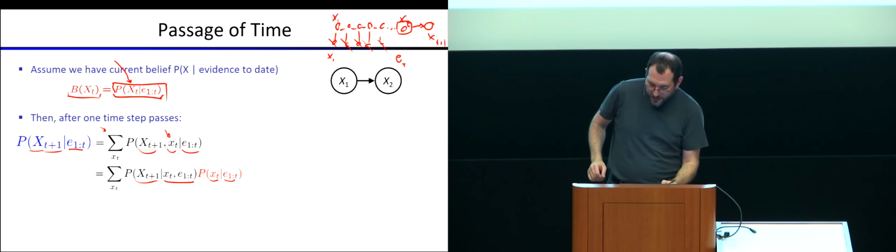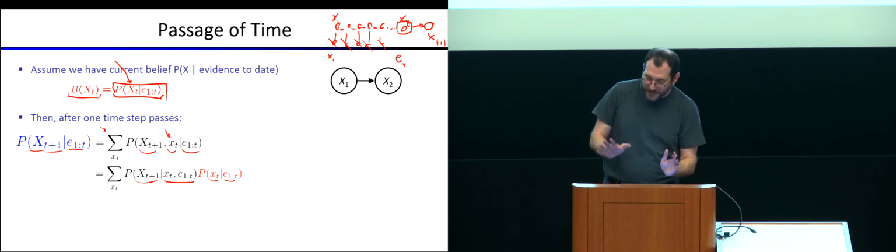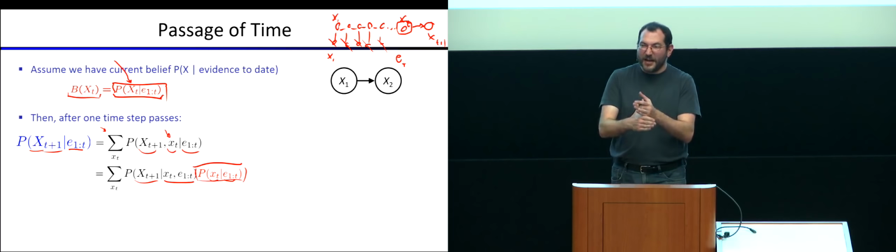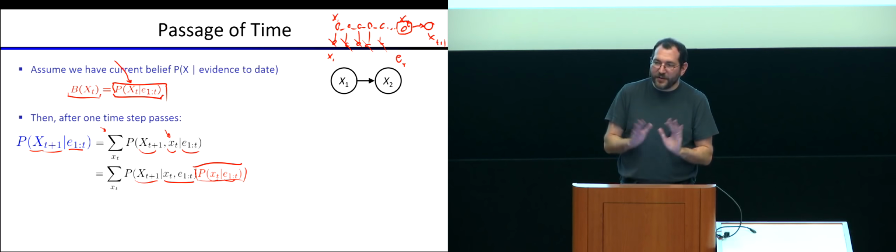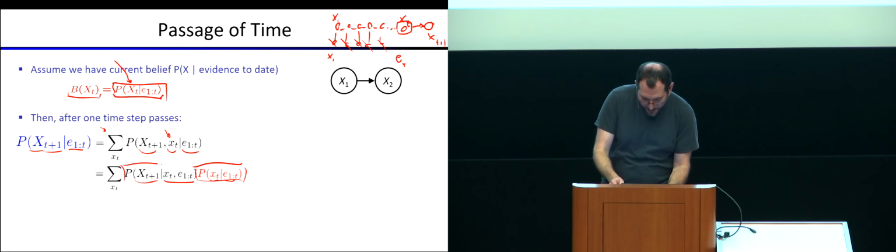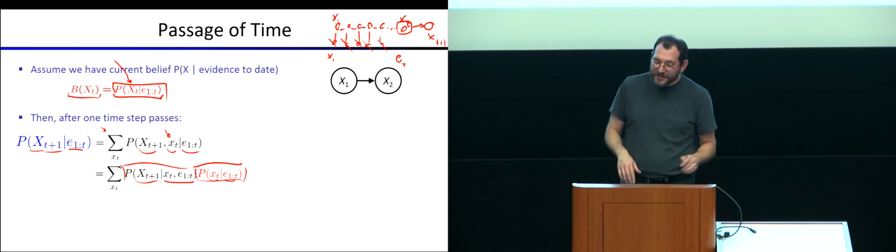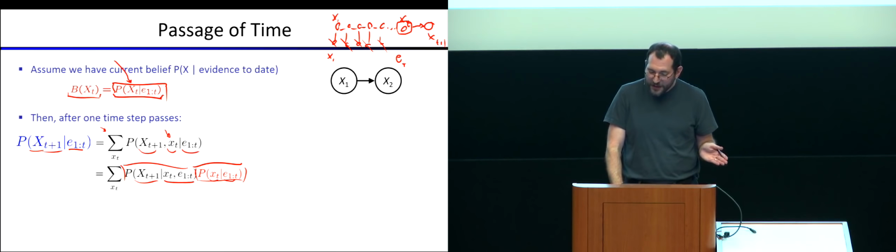So far, what have I accomplished? I've done some manipulation, and this value that I already know, which is the distribution at time t given the evidence up to t, has appeared, and now I can plug those in. I don't need to simplify that anymore. But this part over here, the probability distribution of xt plus 1 given xt and e of 1 to t, this still needs to be simplified because this is not provided by my